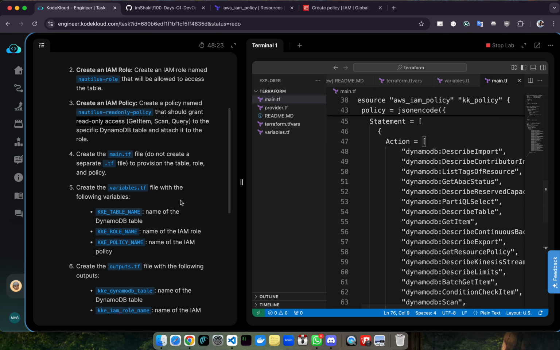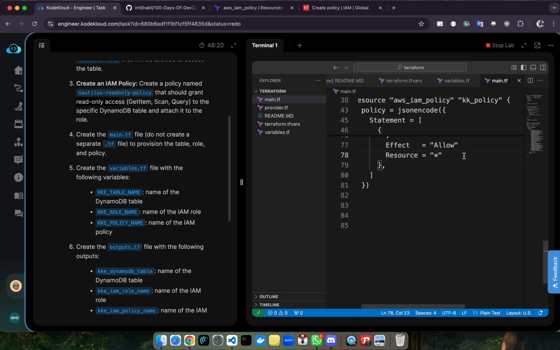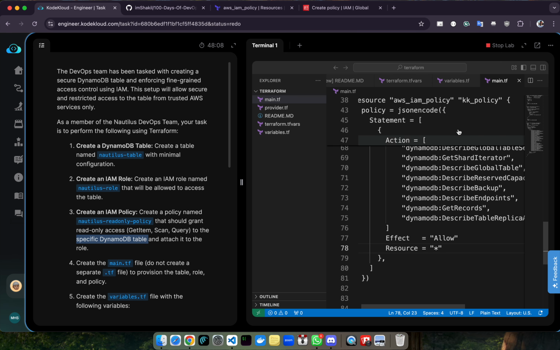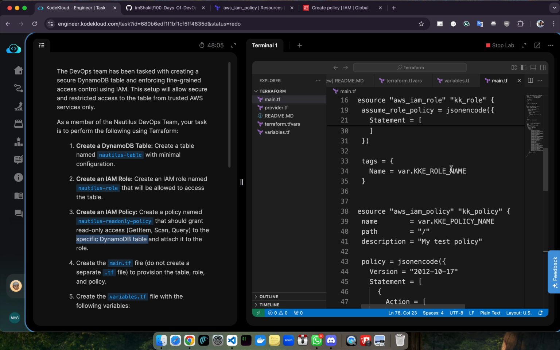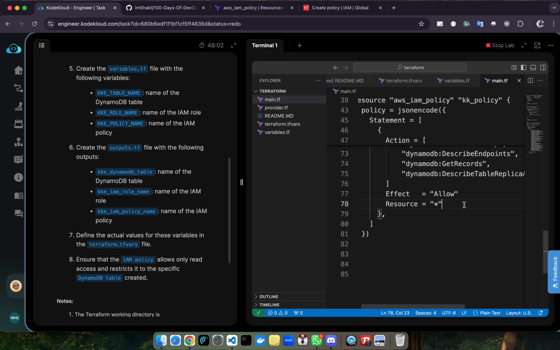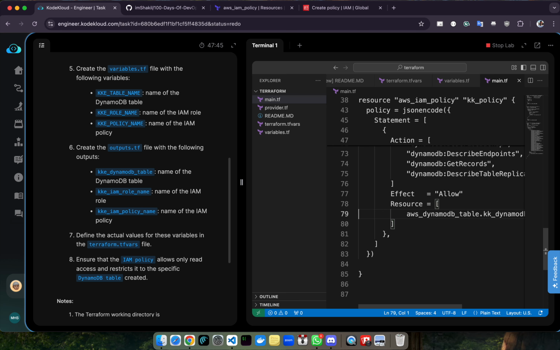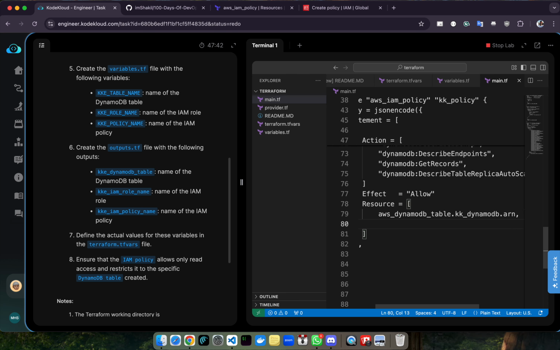Okay, so we have defined all the read-only access, and here another important thing is the resource, because as the problem describes, it should allow only this specific DynamoDB table. Which one? We have created the DynamoDB here, this one. So we have to change the resource section. So let's update resource, and here we will set aws_dynamodb_table.kk_dynamodb.arn. So this will set only the specific DynamoDB, and also we have to give